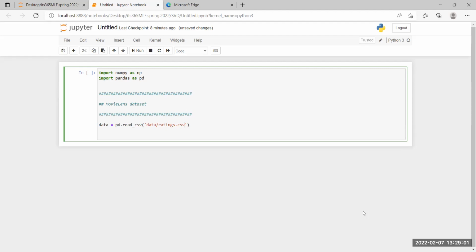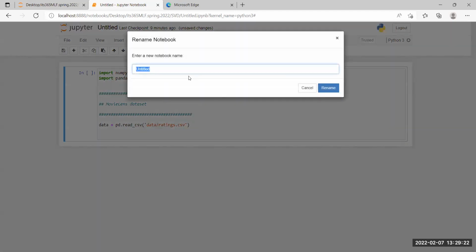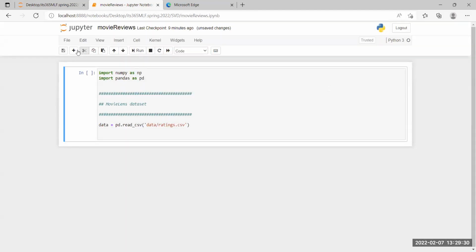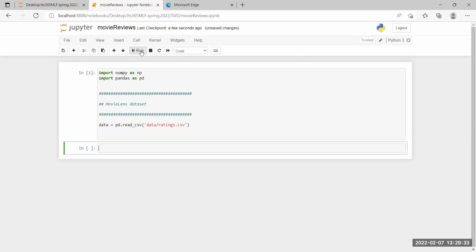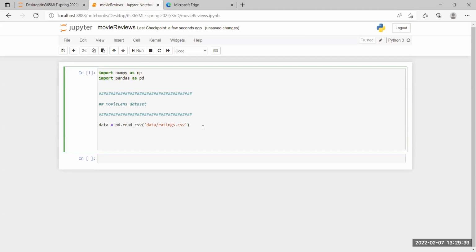Remember the format of each row: user ID, movie ID, rating, timestamp. We need to bring in that data from that format and put it in the format users to movies. So this should read it. Let's try it. I'm going to save this. Okay, no errors, so that should have brought it in. So it found the file. Now let's take a look at some of the statistics of this.